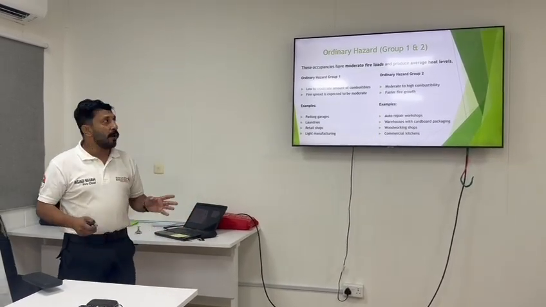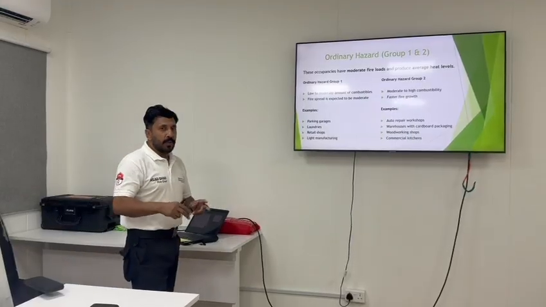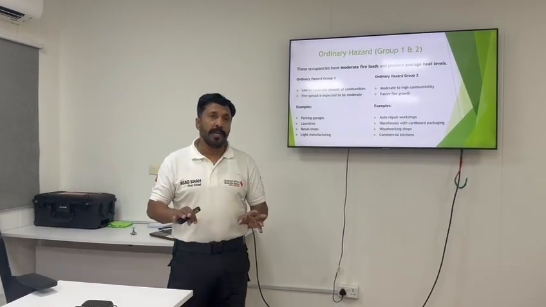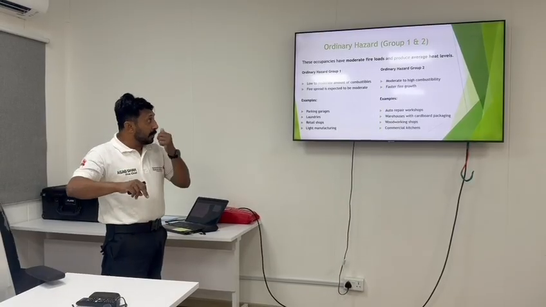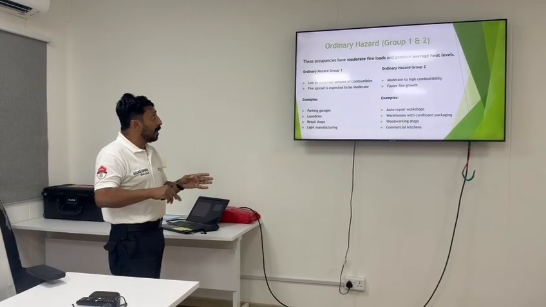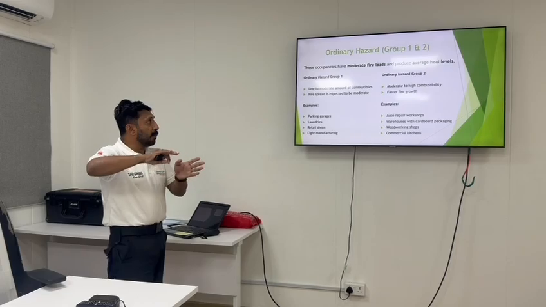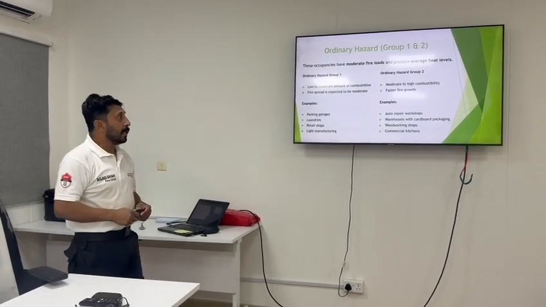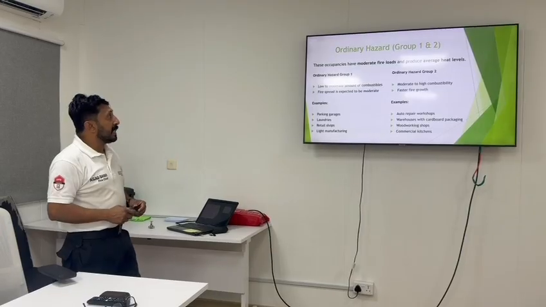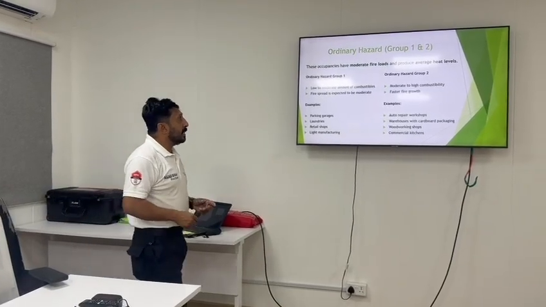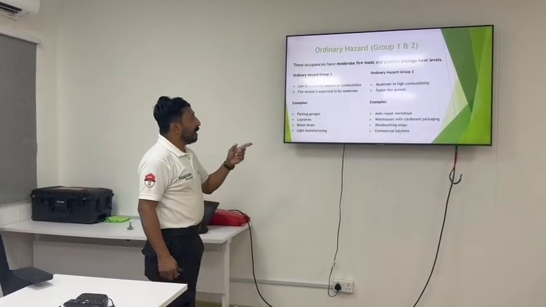The second one is the ordinary hazards. Here are two groups in the ordinary type of hazards. One is the moderate fire loads, from low to moderate and moderate to high combustibility. The second thing is fire spread is expected to be moderate, and in ordinary group 2 fire,